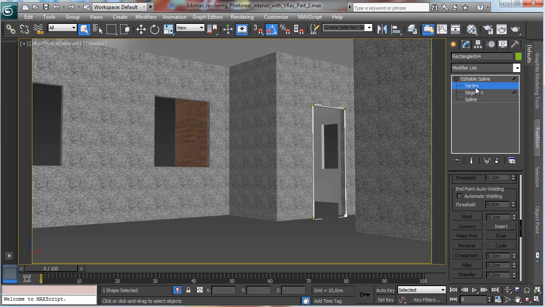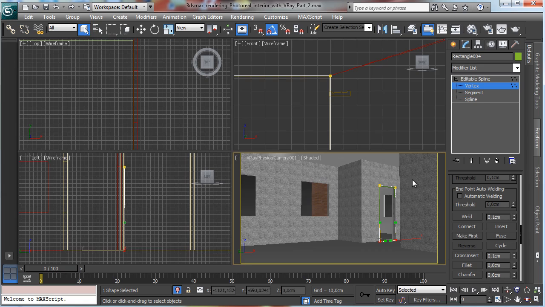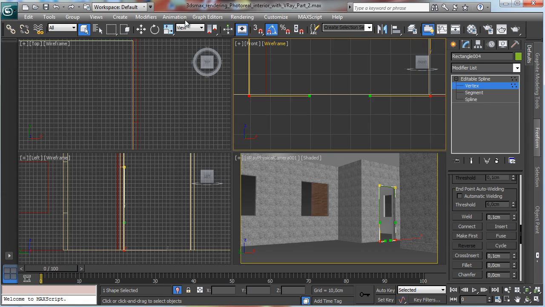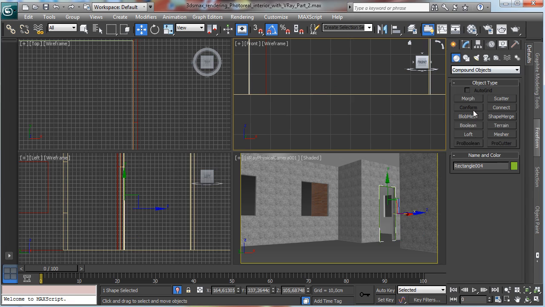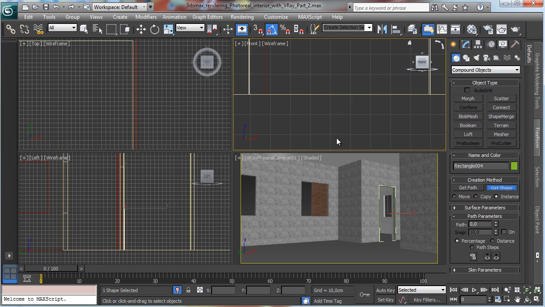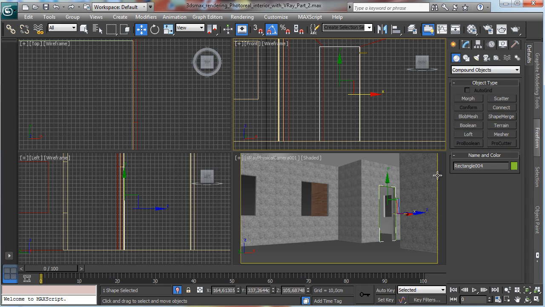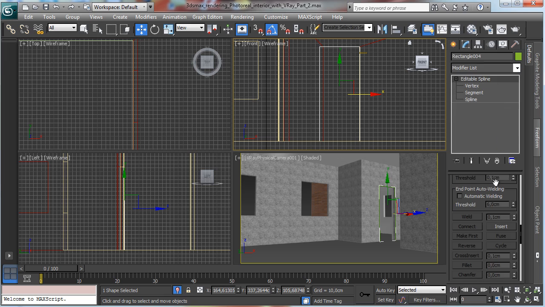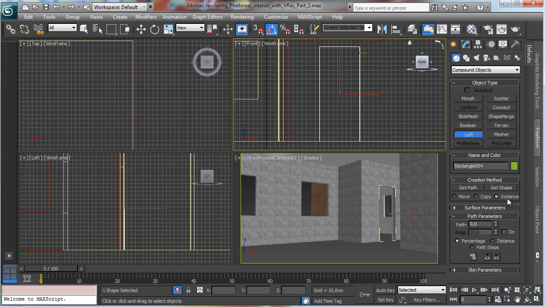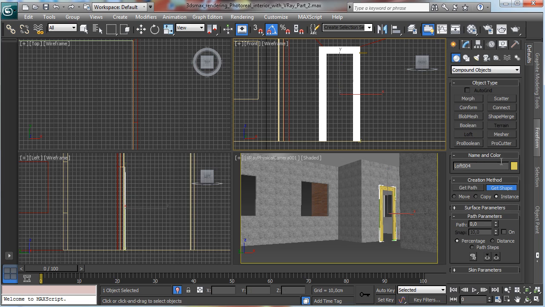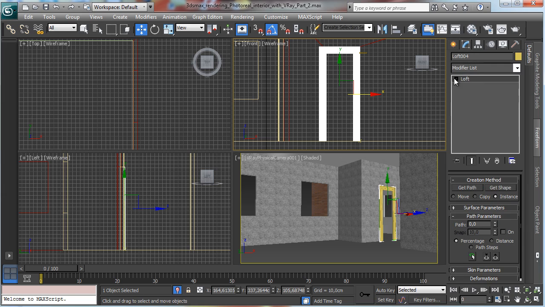Okay, and the vertices there should be moved to stay up there. Okay, close, and then we can go back to the loft, get shape, this one. Nice. Now we can move the shape,